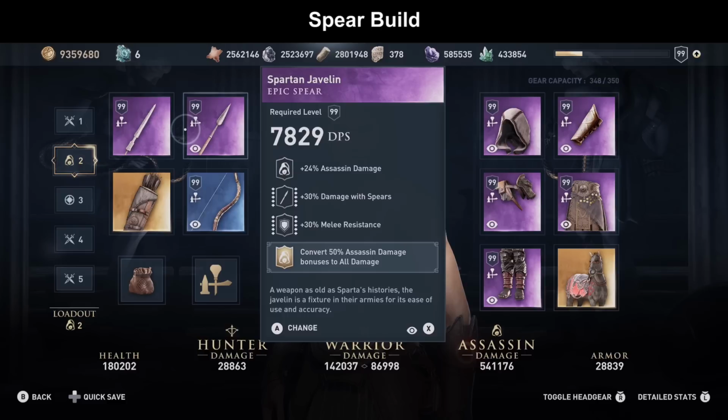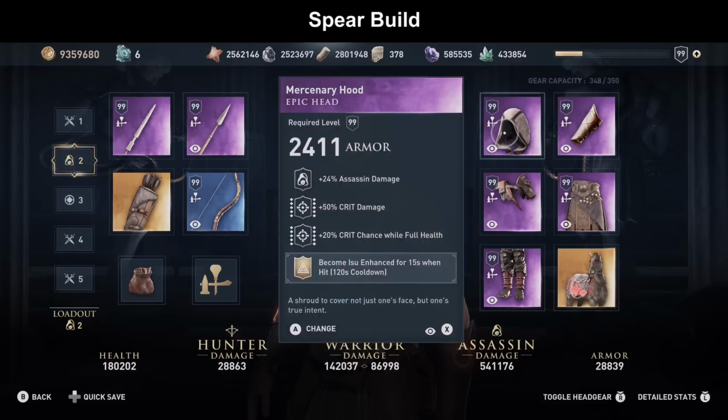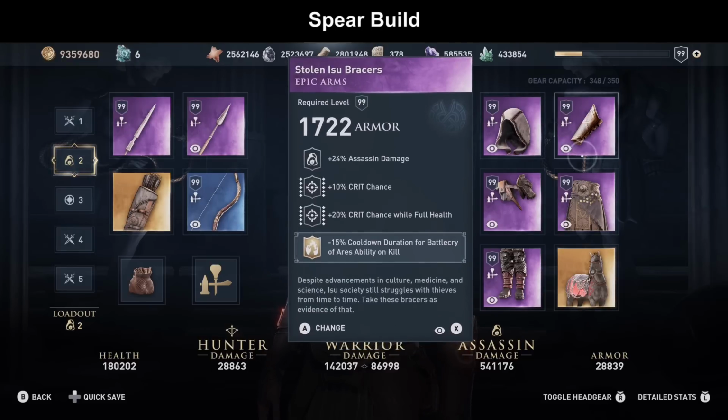Of course you can also go with dual weapons for any other weapon type, but then you would lose the 30% melee resistance from the Spartan javelin. So when you go with spears, that is the best version if you want to keep the 90% melee resistance tank. The other weapons, the bighorn bow, the hoods, the bracers and the belt are again unchanged,